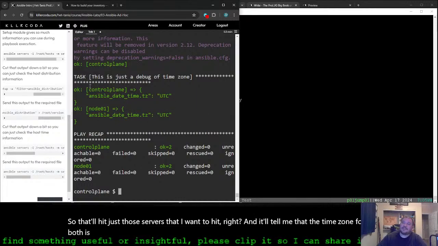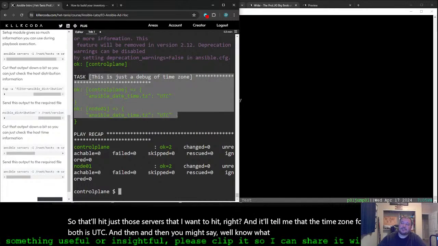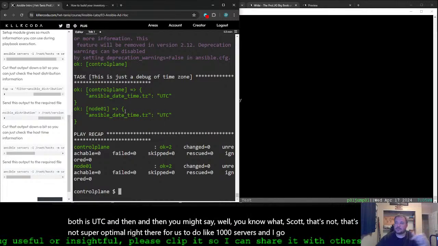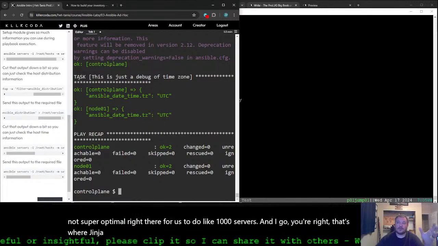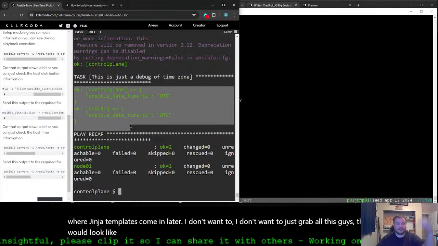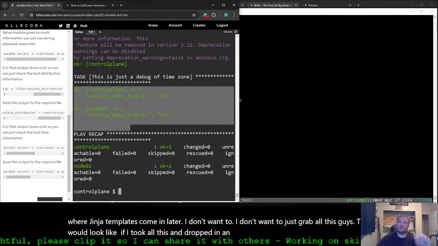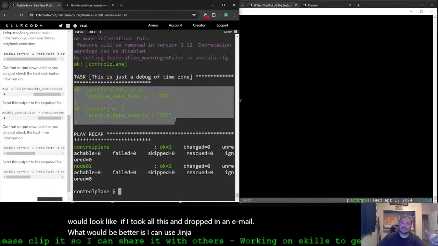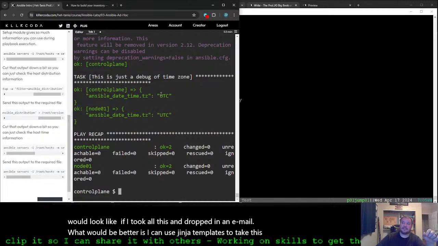And then you might say, well, you know what, though, Scott, that's not super optimal for us to do like 1,000 servers. And I go, you're right. That's where Jinja templates come in later. I don't want to just grab all this, guys. This would look bad if I took all this and dropped it in an email. What would be better is I can use Jinja templates to take this logic, and if I don't see UTC,